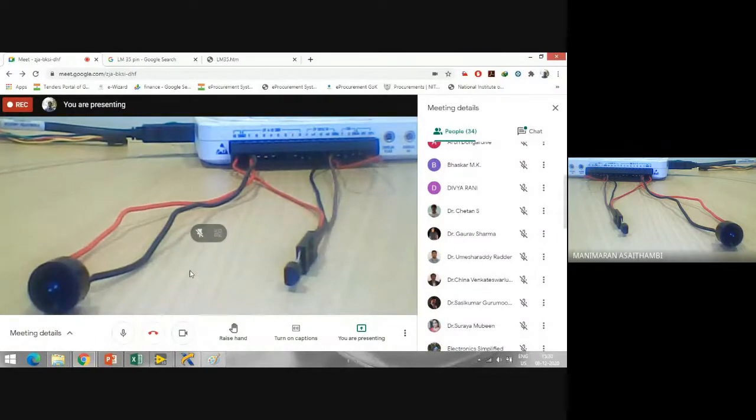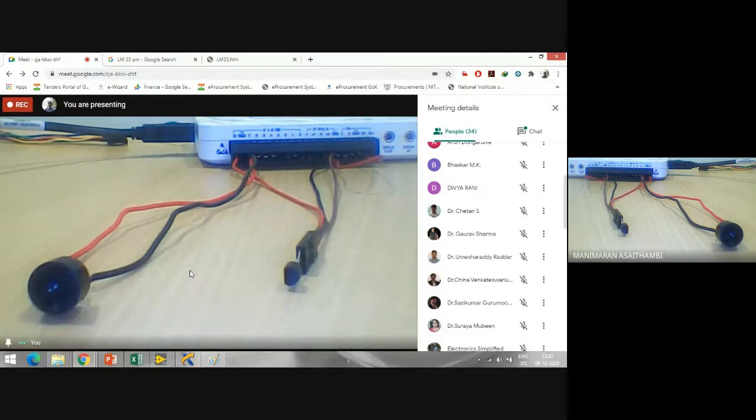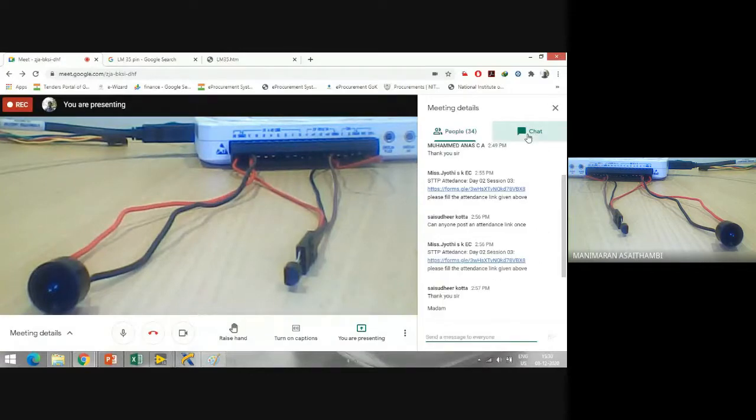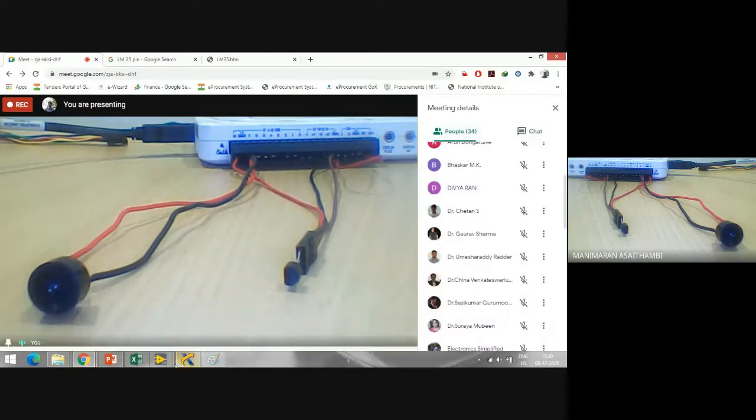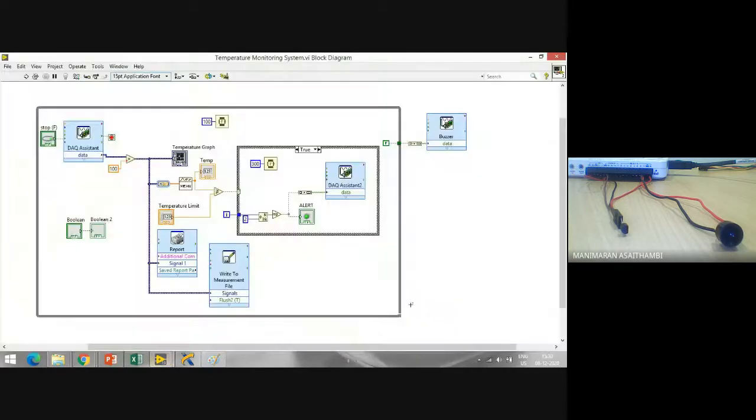Shall we wind up? Any queries? Any doubts you have about these particular connections or the program we made here? Yesterday we did only one icon or one function. Today I think you could understand how exactly we can develop a small piece of code and how we can use it for your application purposes.